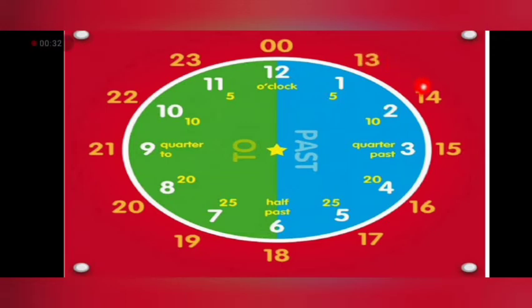Then 14, it means 2 PM is equal to 14 hours, 3 PM is equal to 15 hours, 4 PM is equal to 16 hours, 5 PM is equal to 17 hours, 6 PM is equal to 18 hours, 7 PM is equal to 19 hours,